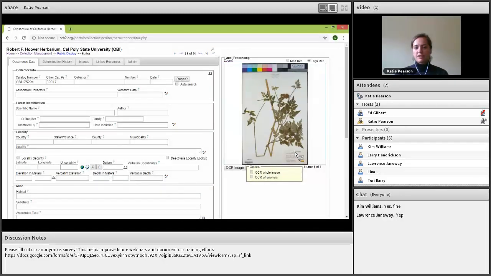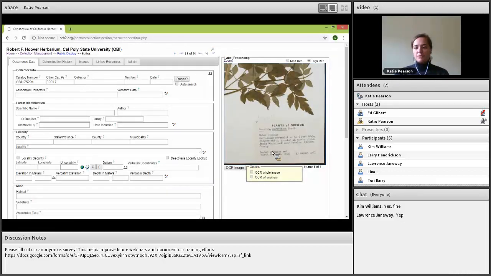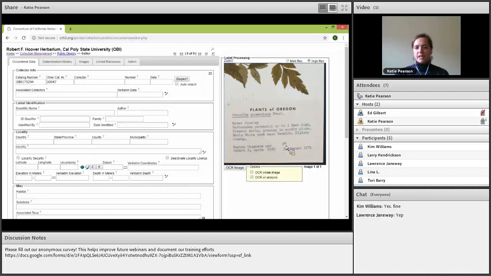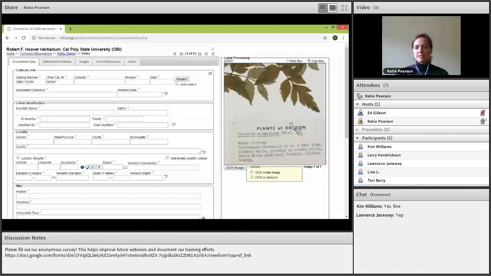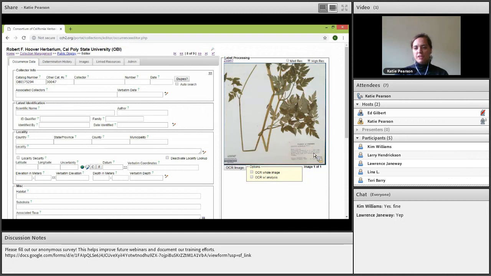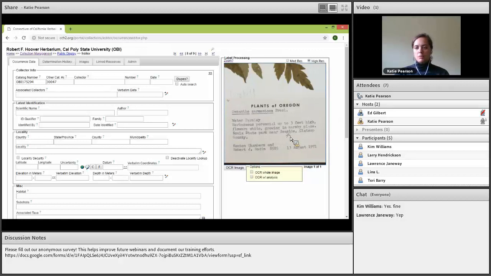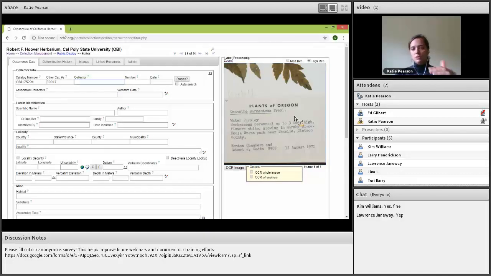All right, I'm just going to navigate to kind of an easy first example. So if I'm just coming on here to transcribe labels, I'll pull up the label so I can see all the data. I'll make sure that there aren't any annotations spread about. Sometimes they're not just above the image or above the label. But now I'll just go to this and start entering in the data. And I usually like to go from top down just so that I get the key information in. And then at the very end, I'll go through the label and see if there's any data that I forgot